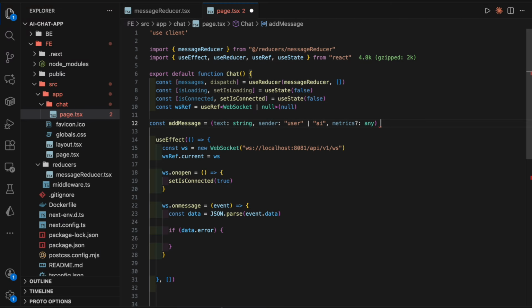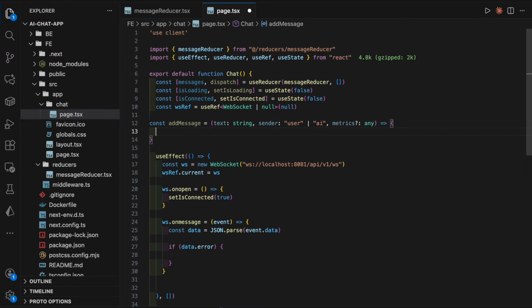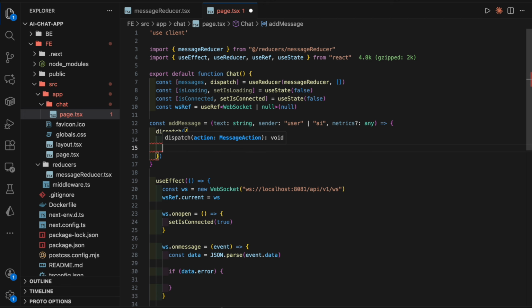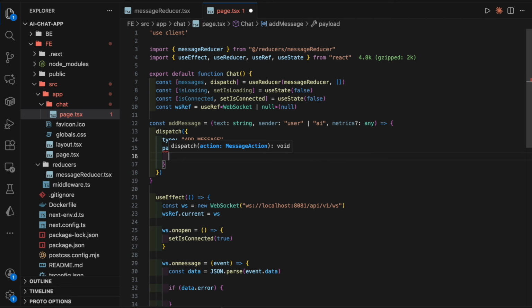And so here we're going to send an action to the reducer using dispatch. So dispatch, so the type will be add message, and then we need to send the correct payload. So the ID will just be Math.random().toString(),